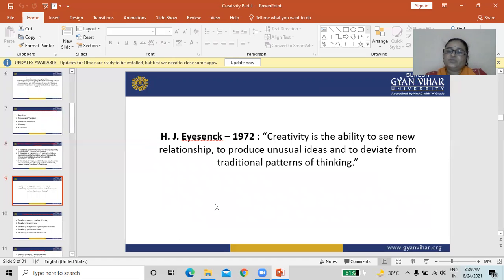Next definition of creativity is given by H.J. Sink in 1972. Creativity is the ability to see new relationships, to produce unusual ideas, and to depart from traditional patterns of thinking.